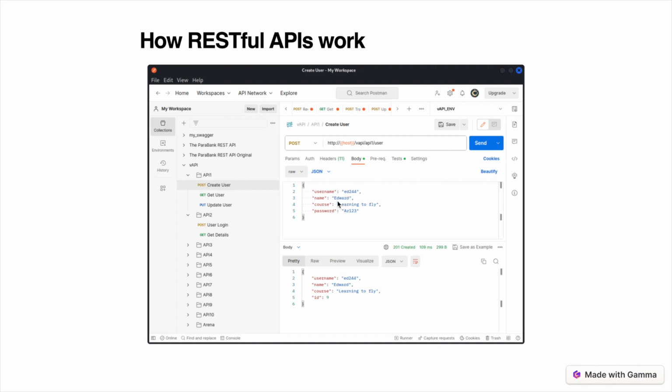We need to give the user's full name. Here we have the course that the user is enrolled in, so we're probably on some sort of online training website. And we need to provide a password that the user will use to log into their account. When we send the request, we can see that the user has been created successfully, and in the response body